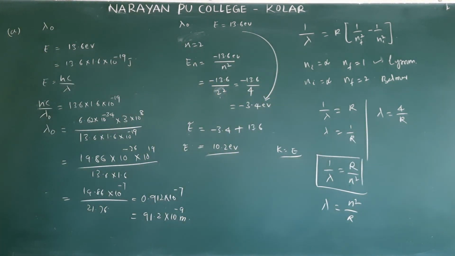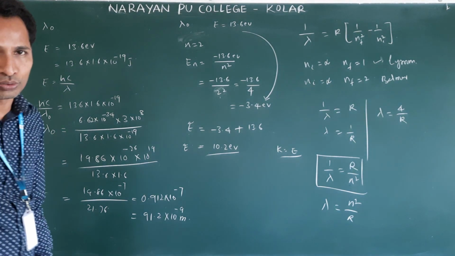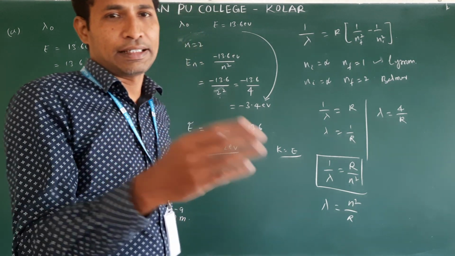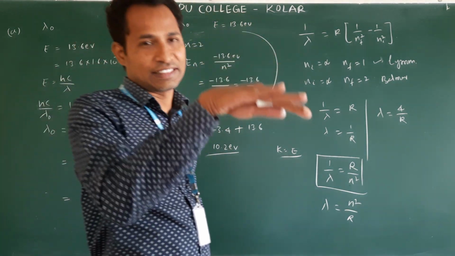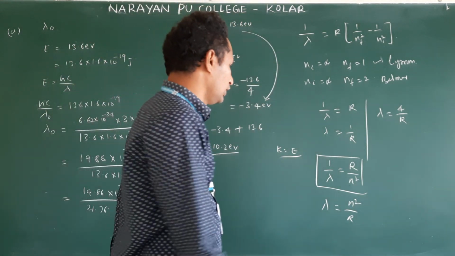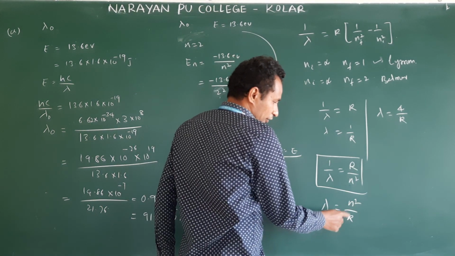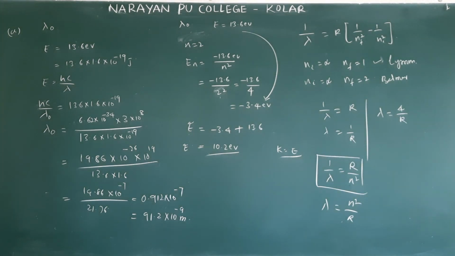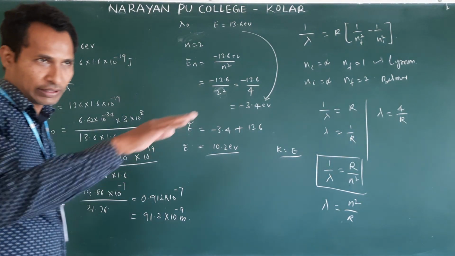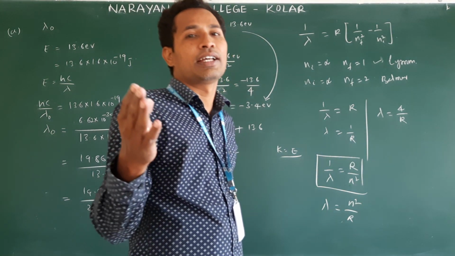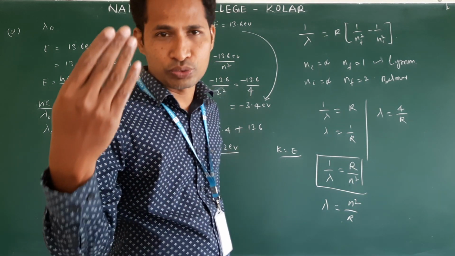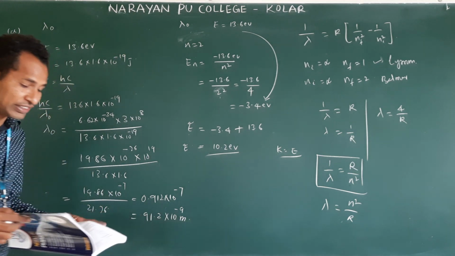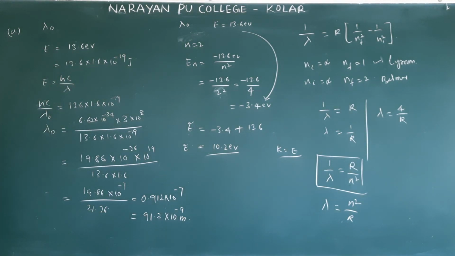If it jumps to the Balmer series, let us say n is equal to 2. So when do we get the Balmer series? Finally the electron jumps to the first excited state, meaning n is equal to 2. Then 2 square by R, that is 4 by R. For the Brackett series limit, what is the final state? When the electron finally jumps to the second excited state, that is n is equal to 3, then it is 9 by R. So remember that formula, the series limit.